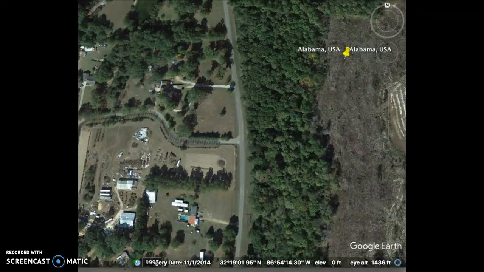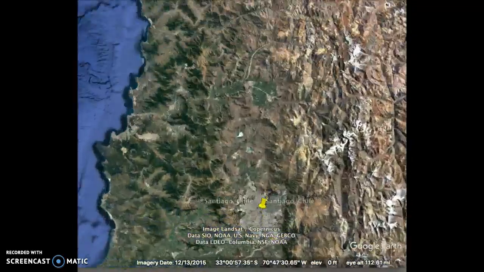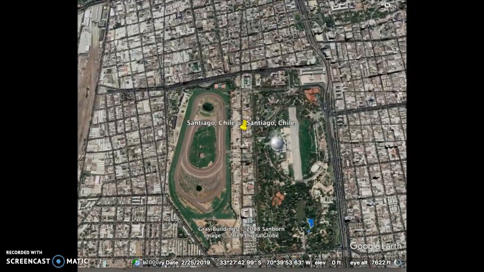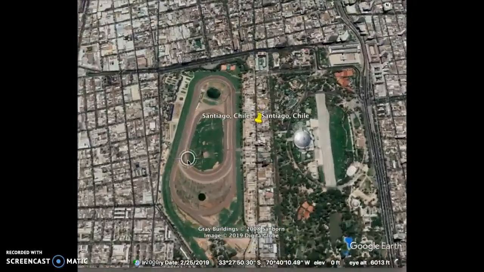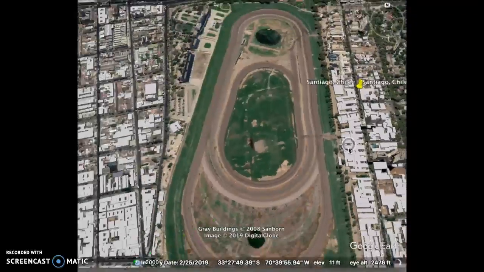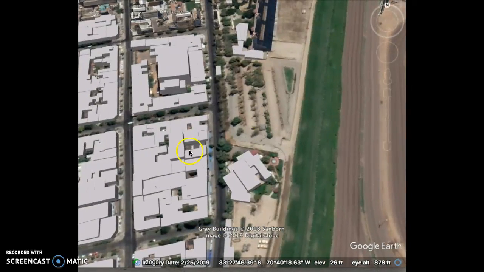Moving on to our second location, which is Chile, where earthquakes happen very often. It's known for earthquakes because of the two plates colliding, the Nazca plate and the South American plate. Definitely residents should always follow regulations when it comes to building a house or any kind of building. As you can see, there are many buildings around the area.